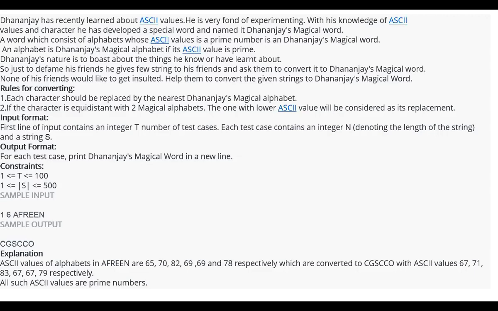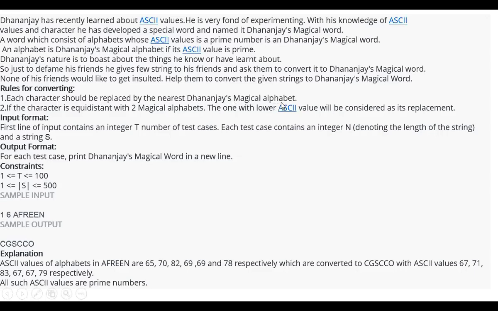Or if all five are non-prime, then we have to convert all five characters' ASCII values to prime ASCII values. The ASCII value should be prime, but that applies only to the character. So the final output word will be Dhananjay's magical word. There are certain rules given for converting: each character should be replaced by the nearest Dhananjay's magical alphabet.